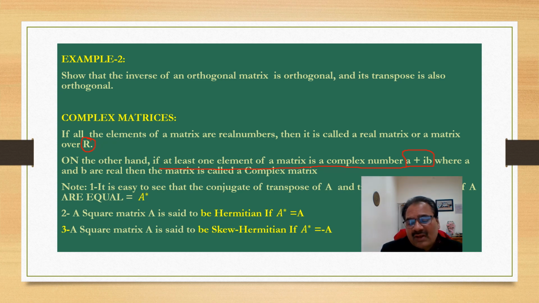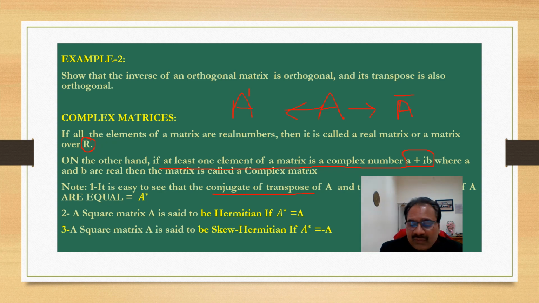It is easy to see the conjugate of the transpose of A and the transpose of the conjugate of A. Just remember: the conjugate of transpose of any matrix A, and the transpose of conjugate of A. If any matrix A is there, the conjugate of A is always denoted by A bar, and the transpose of A is denoted by A dash. In that sense, I am leaving it to you to write this mathematically.